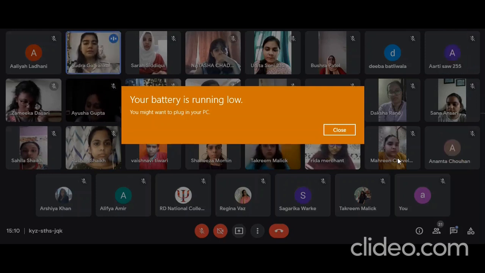So for the assignment of the certificate generation, I'll put an assignment up on Google Classroom, and all of you just put your folders, the Drive folder, using the option of uploading your documents. Just select the Drive folder and upload the entire folder where you have your certificates generated.